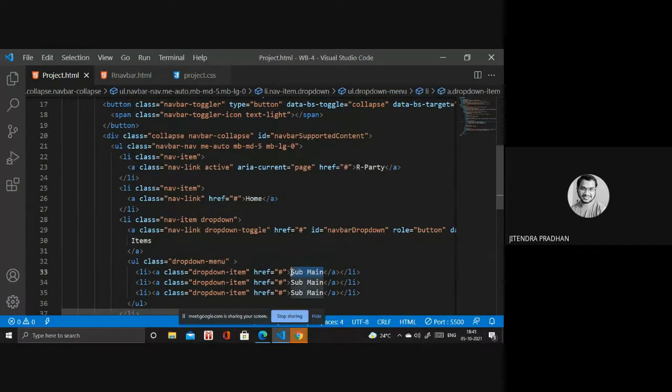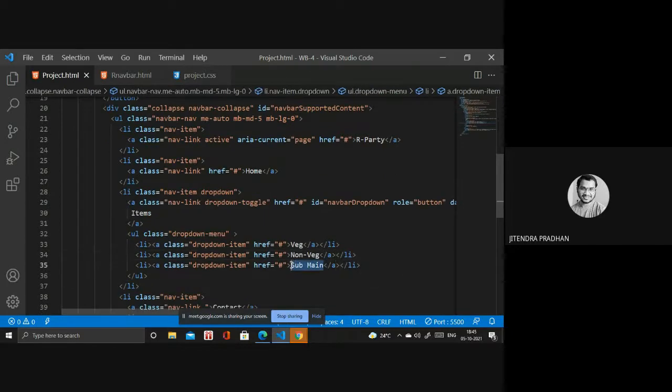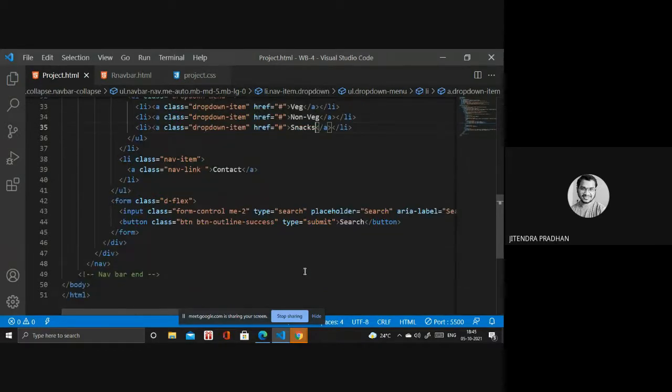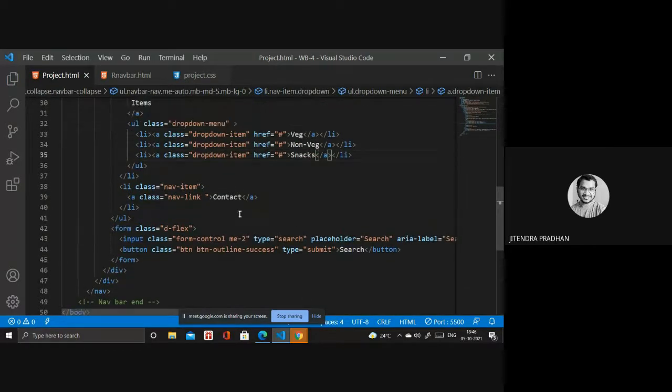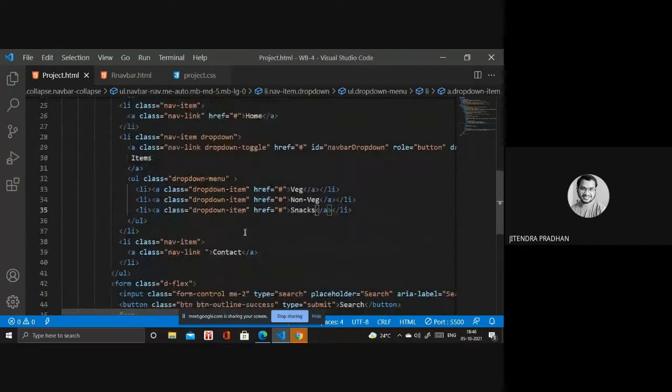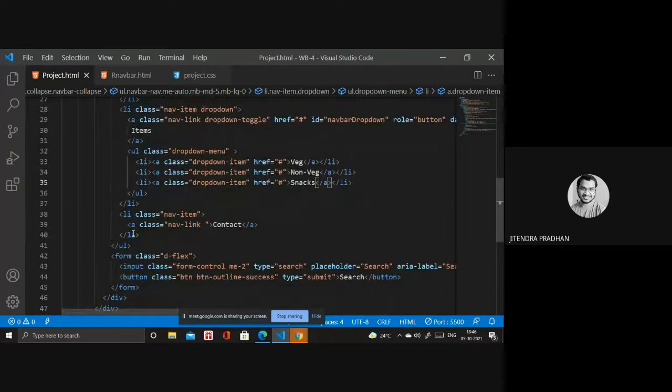You can write veg, and we have non-veg as well. Non-veg, and we are designing something like snacks. Or now we are designing contact, all these things are there, and we need to add something in that. So I will copy and paste inside.